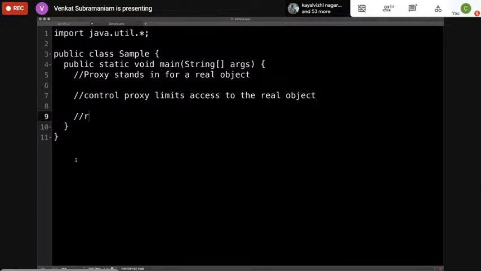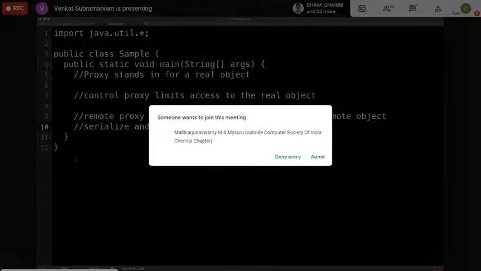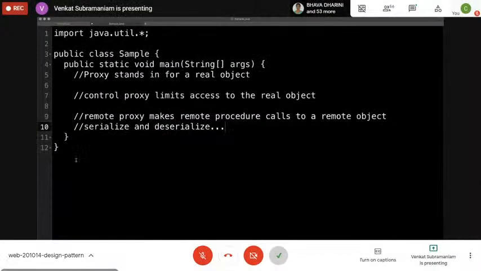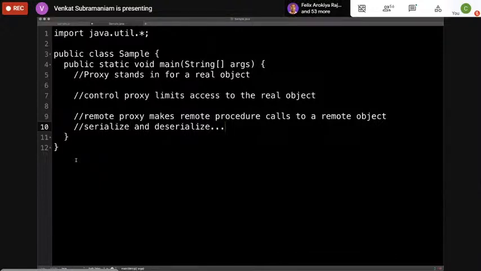On the other hand, you may have a remote proxy. So what does a remote proxy do? A remote proxy makes remote procedure calls to a remote object. So they will take care of serialization, right? So serialize, and deserialize, and all those operations are done by the proxy. So your code simply says, make a call like it's local, and it makes the call to the remote proxy. It's kind of like a phone, right? I speak in my phone. You could be anywhere in the world, and you and I could be talking to each other. That's a proxy to be able to communicate with somebody remotely.